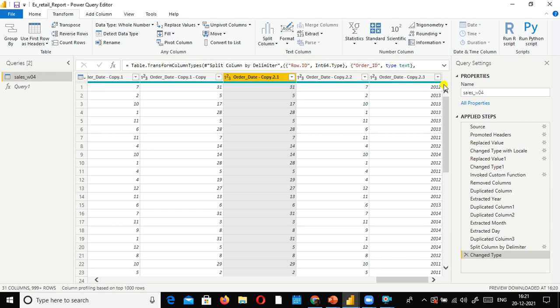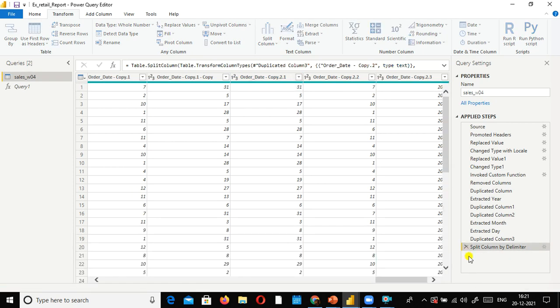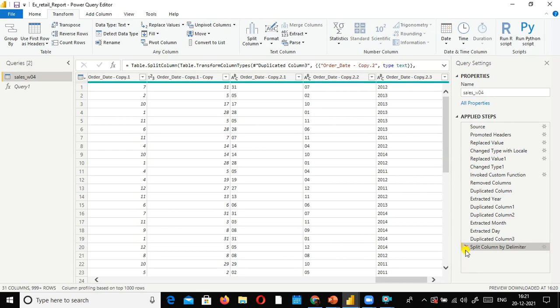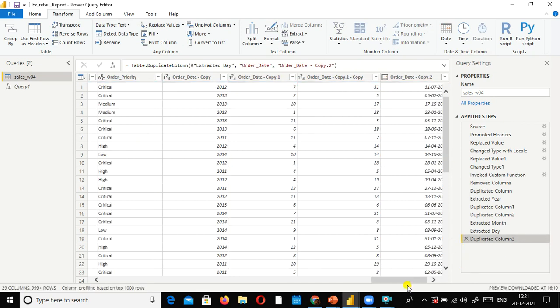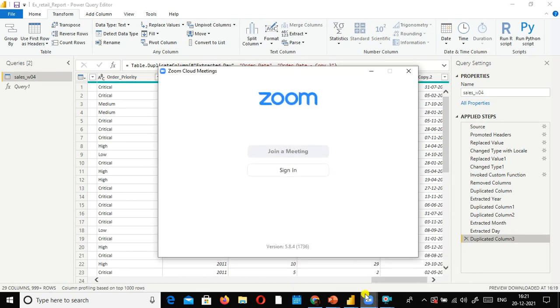But how will you get the name of the day? On 31st July, what day was that? Was that a Monday or Tuesday? How will you do that? You will have to manually go and check the calendar. That is a painful thing. And also it is not advisable to do it manually, so it's not the right thing.